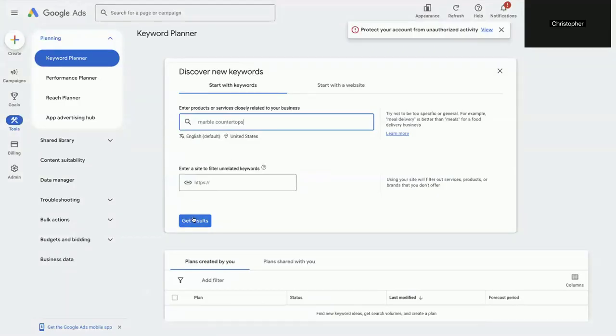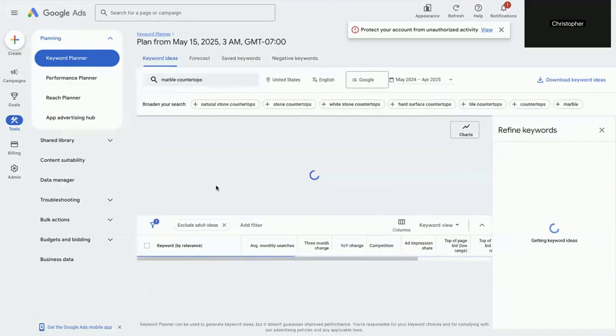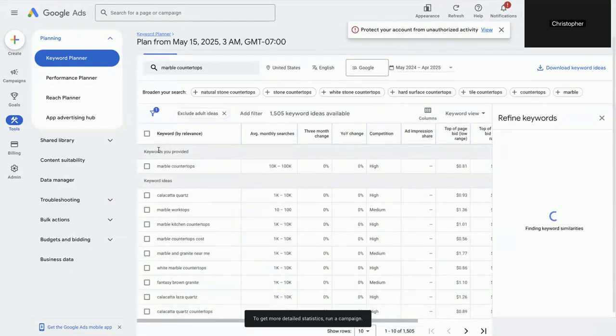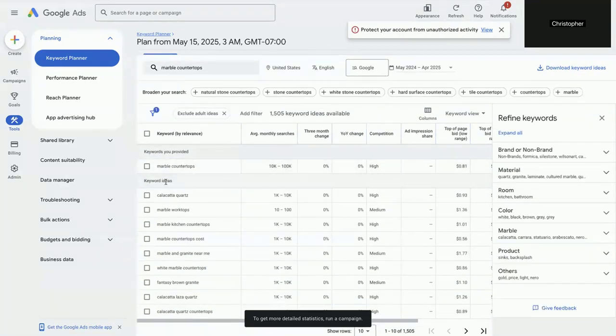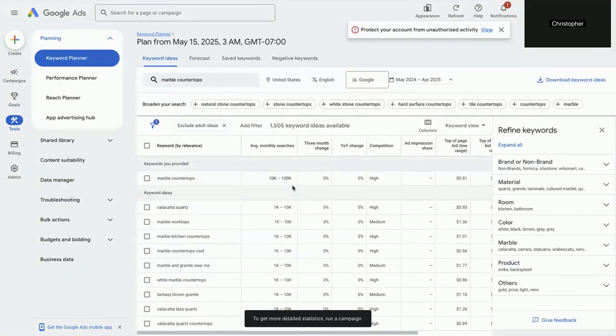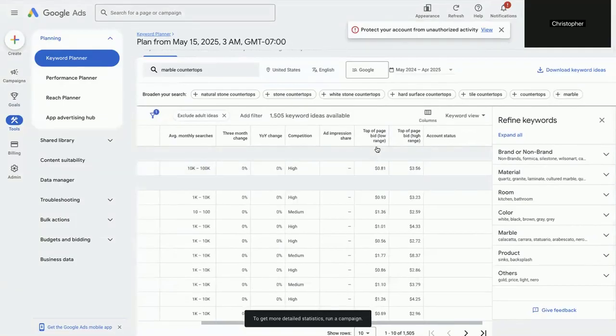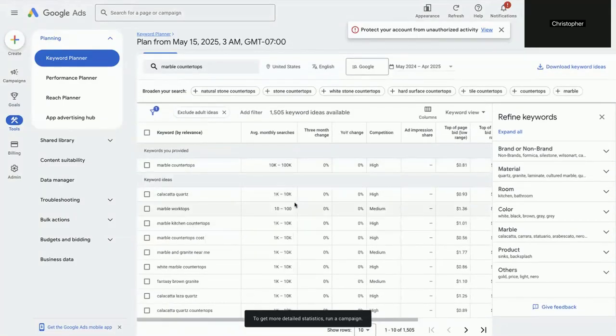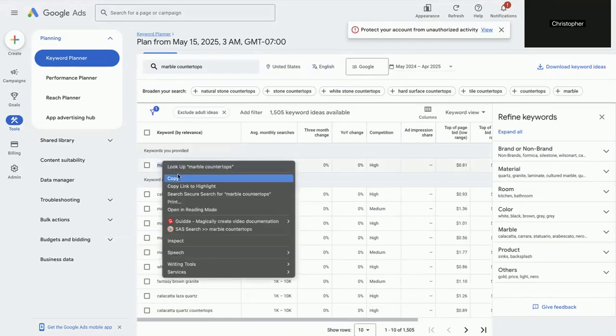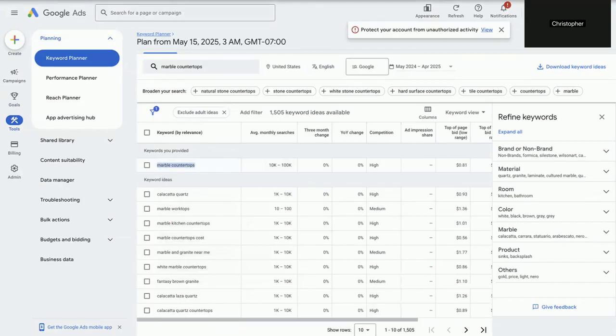So marble countertops. We're in Google Ads, in the tools section and keyword planner. Like it says, it helps you plan your keywords, see what the traffic is like for them. For marble countertops, monthly search is 10,000 plus, but less than 100,000. Let's see here, top of page. So competition is high for this, like I said, but we're still going to put it